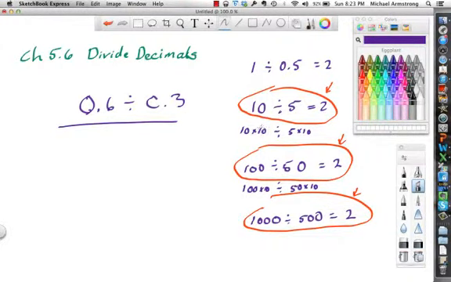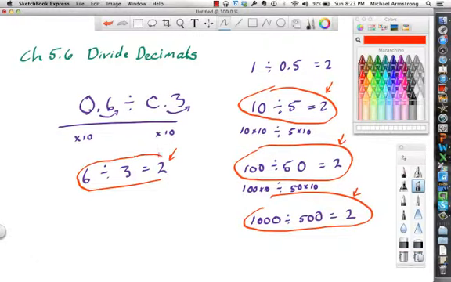So what you're supposed to get out of this is that when you get a decimal that's divided by a decimal, you can multiply by powers of 10 to move that decimal over one place, and move this decimal over one place too, so that it becomes 6 divided by 3 equals 2. Now, it might be just a coincidence that our quotient has been 2 on everything on this page. In fact, I think it is a coincidence because I didn't really plan this problem out to surprise you with this magic number 2. But it is working, and I want you to make sure you understand how to do this,